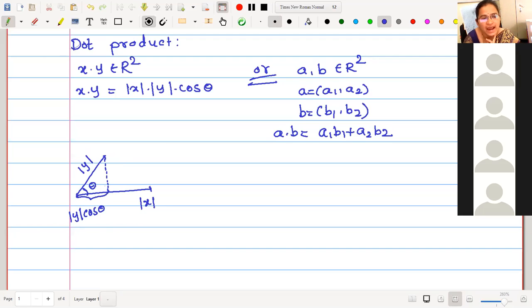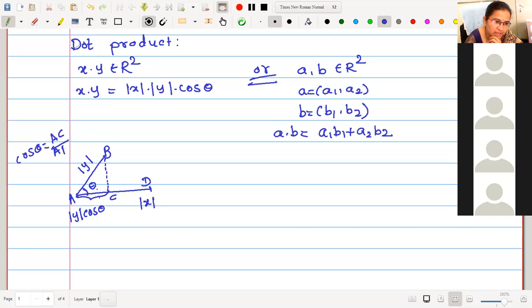Cos theta is adjacent upon hypotenuse. If I give some labels, say this is A, B, C and D, then AC will be the adjacent side and AB will be the hypotenuse. Then cos theta will give us